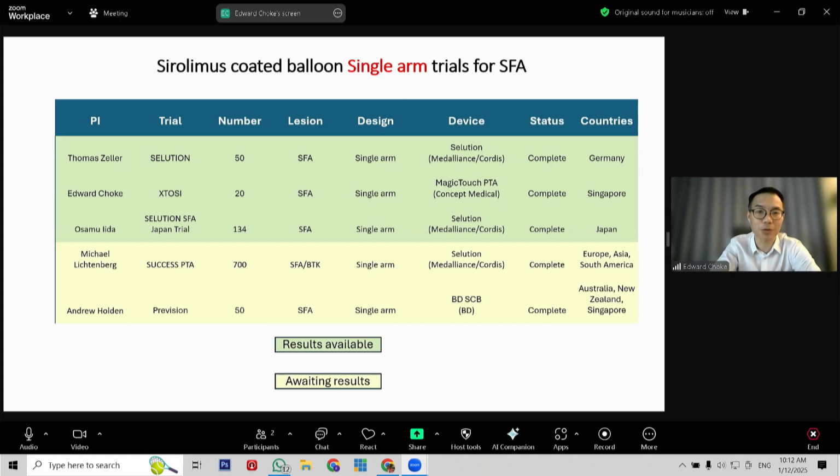So what is the evidence for sirolimus-coated balloon trials for SFA? I'll go through the SFA evidence first. These are the first-in-human single-arm trials. The ones in green, we already have results available. The ones in yellow are the larger trials, which are still ongoing. And I'm pleased to say that I was the principal investigator for the Magic Charge trial, and we investigated the